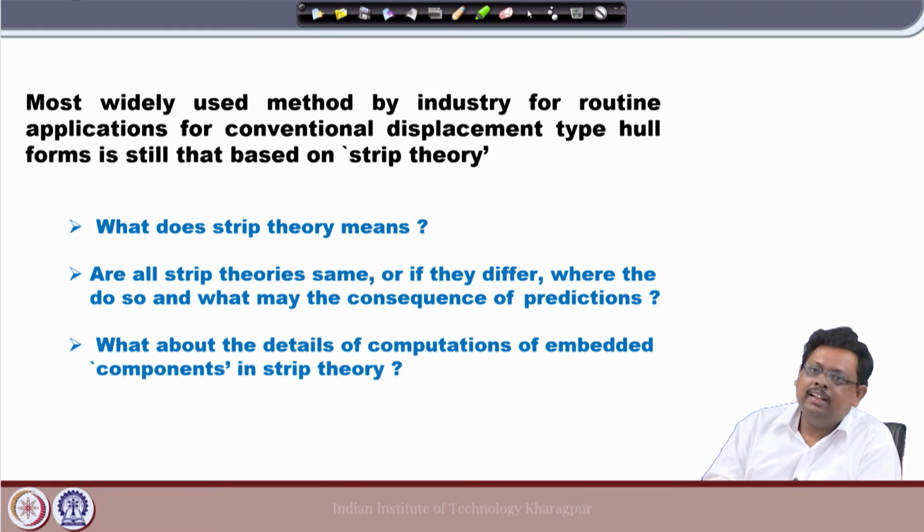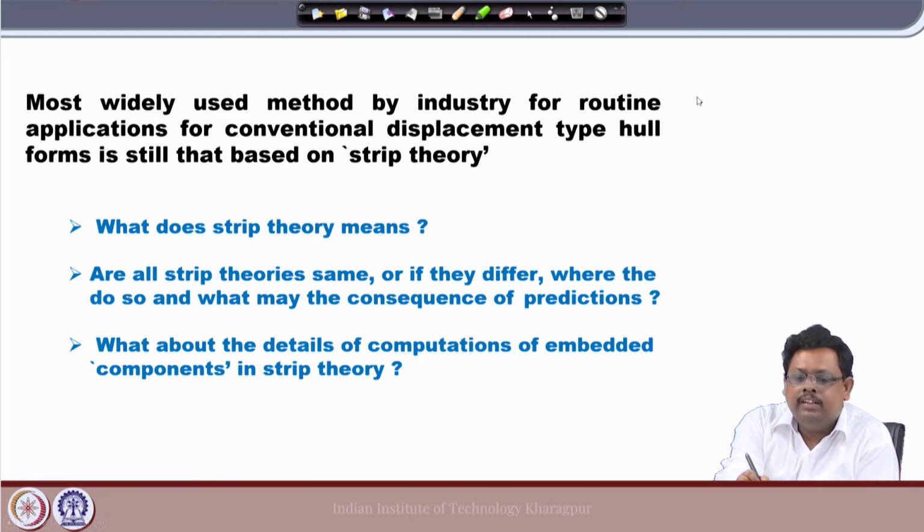Because we know that if there is a sophisticated method, people would like to use it. If you look at sophistication, the 3-dimensional panel methods are definitely much more sophisticated than the 2-dimensional strip theory, but still, why is it so popular? Surprisingly, what we have seen is that if we are only looking